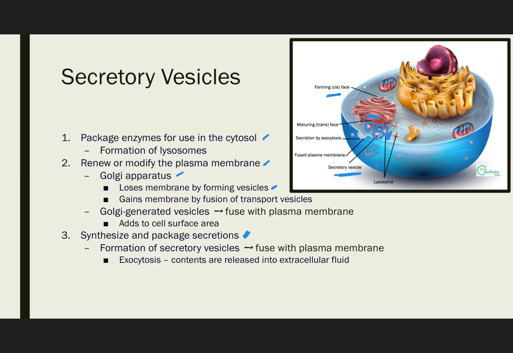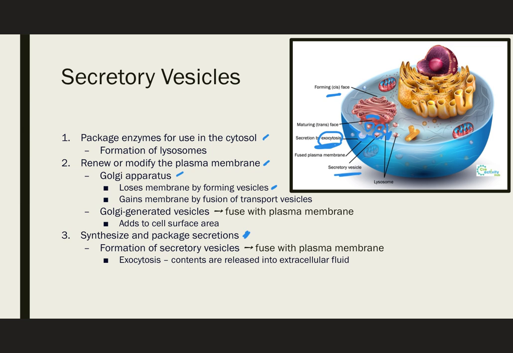When a secretory vesicle fuses with the plasma membrane, its contents are released into the extracellular fluid, as we can see right over here. This process is known as exocytosis. So we have endocytosis occurring in the forming phase, and exocytosis occurring at the maturing phase of the